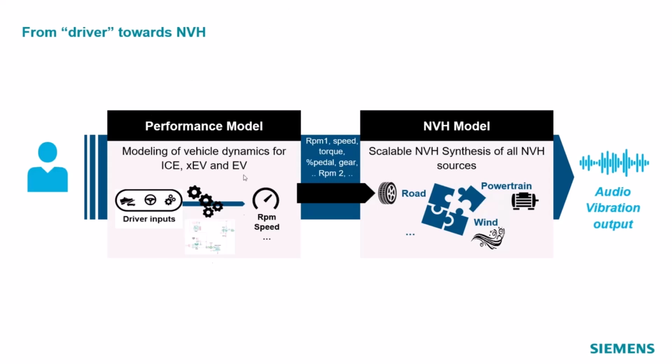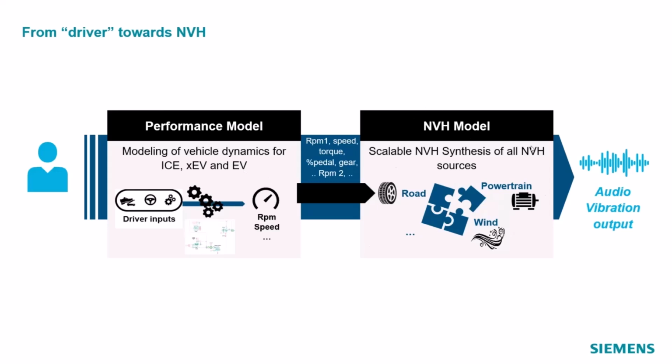You have this performance model, and in the case of an automobile, this is everything to do about the mass of the vehicle, the transmission, the gear ratios, the control algorithms in the automatic transmission. It's everything about the vehicle that we need to know in terms of when I see this RPM and this torque, how fast does it accelerate, etc. That's this model over here.